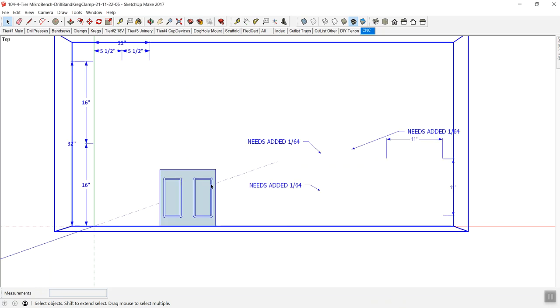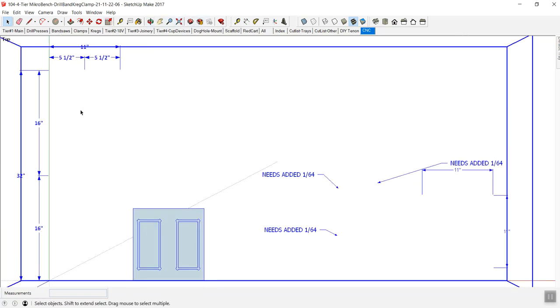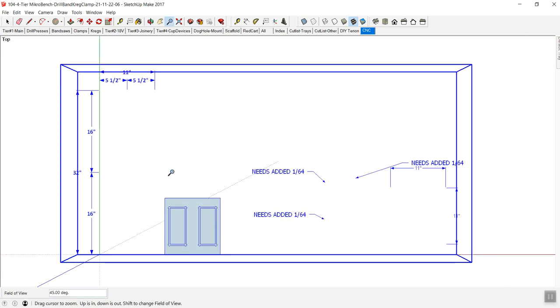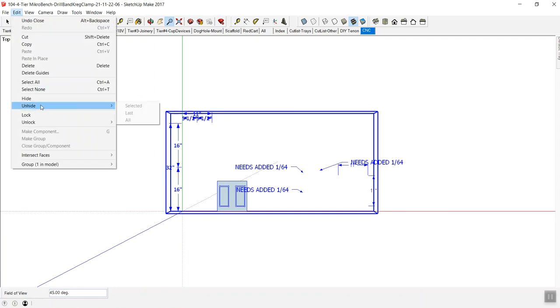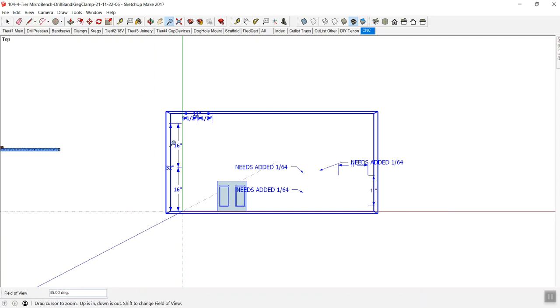All right, so this is another example of transferring or preparing a file to take it over to Vcarve, and then I'll go through real quickly the Vcarve steps. But basically what I have here is a group, and if I click on zoom to extents up here, you can see this is the only thing that shows, although the file itself has, I'm going to do view or edit, unhide all, and if you look at this file, it's got tons and tons of stuff